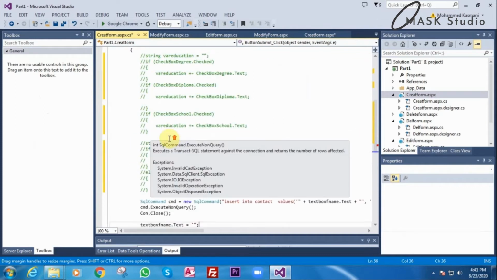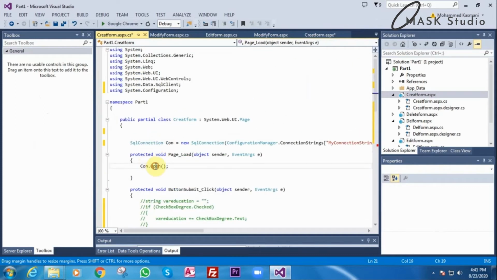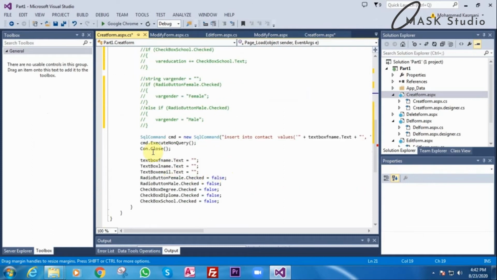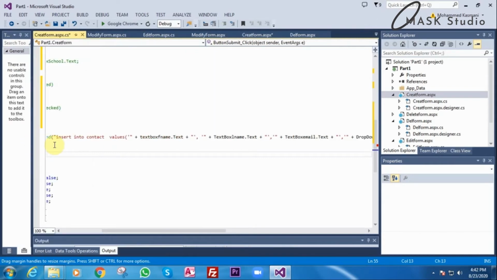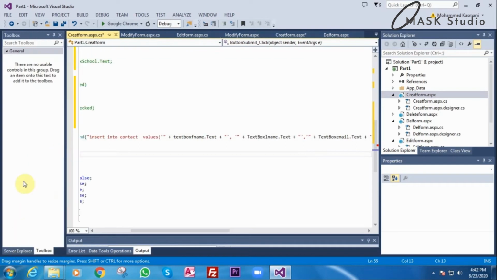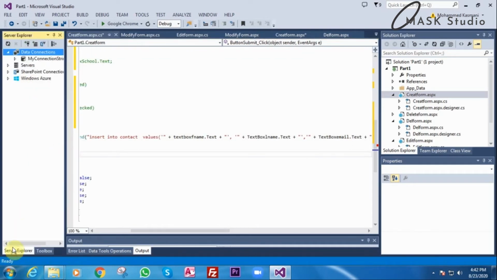Now after giving the connection and after opening the connection, I give the SQL command here. SqlCommand is equal to new SqlCommand. In that I mention insert into contact. What is contact? Contact is our database table. Here is the table. Values. What are the values we want to input?